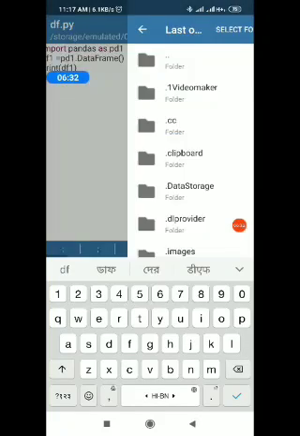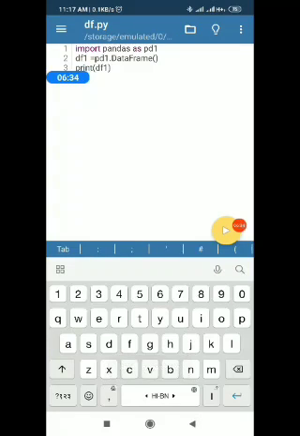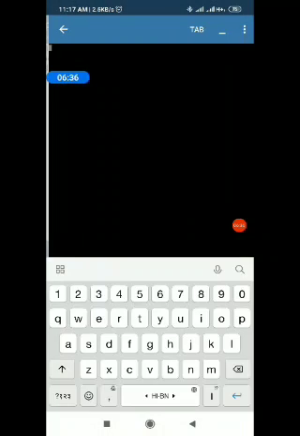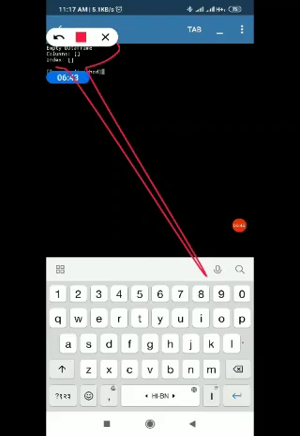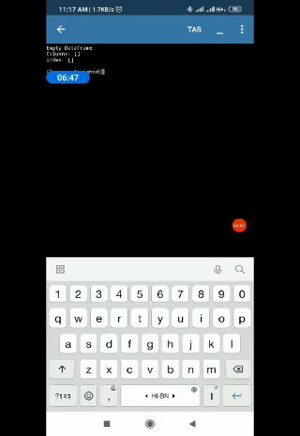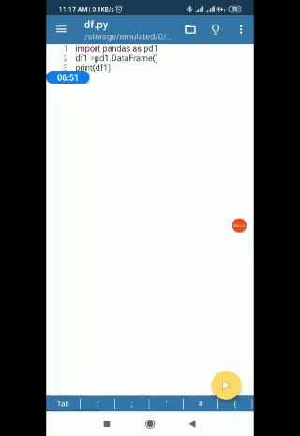Simply I have given df, so df.py. I'm going to run it, and it is showing the output: empty data frame, since we don't have anything to put over here. This is the simple program that is used in creation of a data frame.